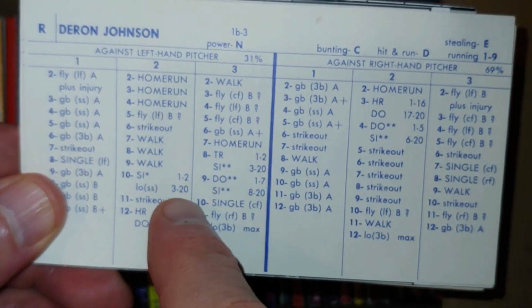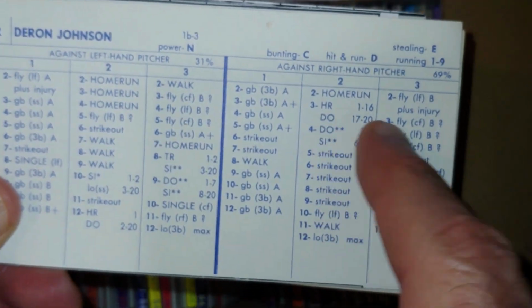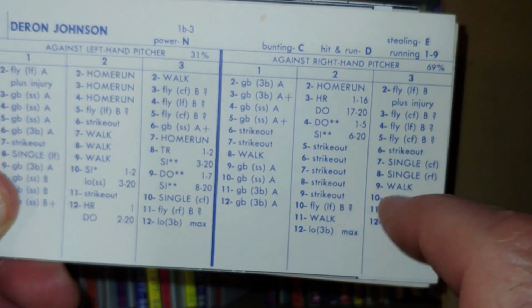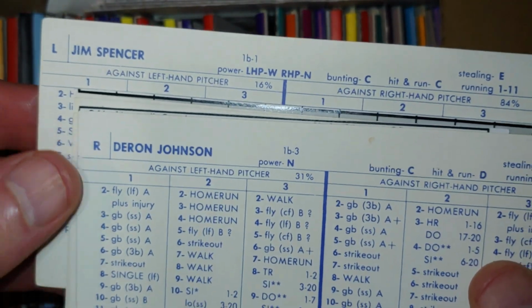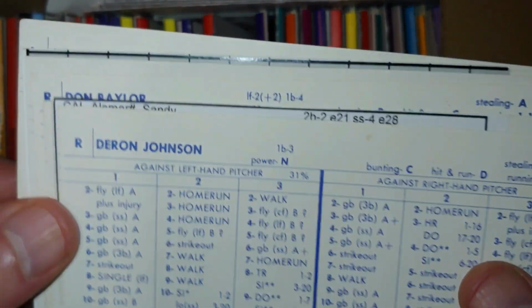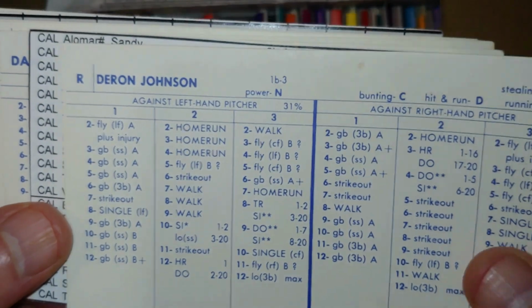Just crushing lefties over here. Does the same thing in 72, by the way. And you don't really concern yourself over here because of Jim Spencer. Johnson, Spencer, platoon. You could have the other guy DH perhaps. Pretty weak DH, but